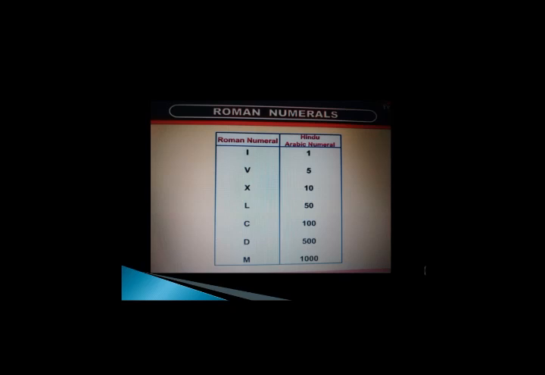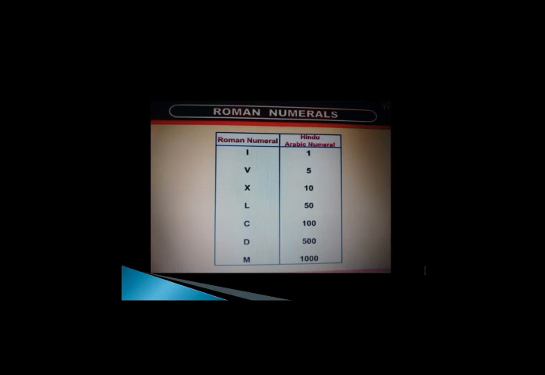We use numerals to write numbers and the most common form of numbers is Hindu-Arabic numbers, in which we use 10 symbols from 0 to 9 to represent any number. It is also called decimal number system, as deci means 10 and here 10 symbols are used to represent any number. But in ancient times, Romans used 7 symbols of English alphabet as numerals to represent any number, which is known as Roman number system.